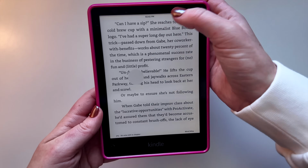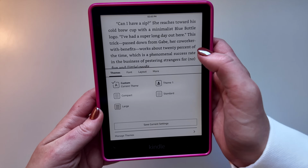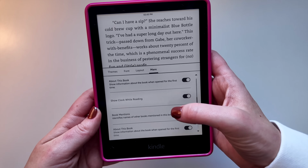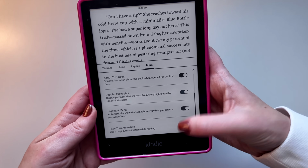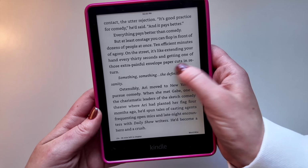So to access this, you'll click on your page of your book and then click on the AA formatting button. Switch over to the More tab, scroll down, and then turn on page turn animation. Now when you turn your Kindle page, it has a little bit more of a wipe effect from right to left or left to right, whether you are turning the page forward or backwards. So it also helps you get more grounded in which way you're turning the page, because without that animation, it looks the same. So I think this is worth turning on, and it just kind of makes it feel more